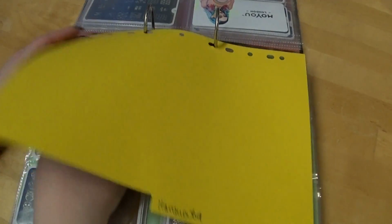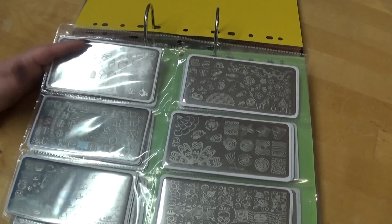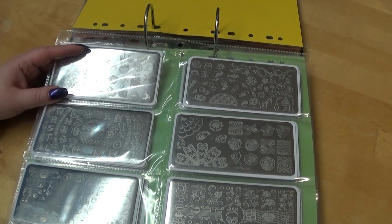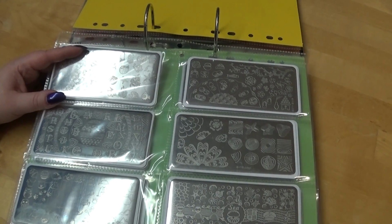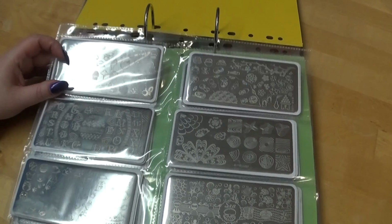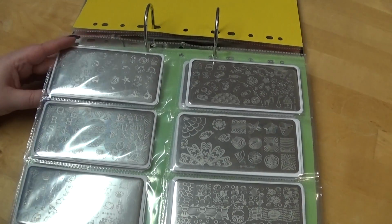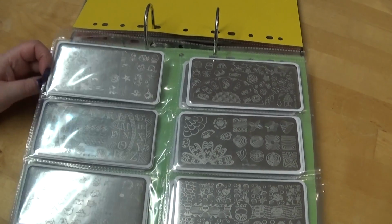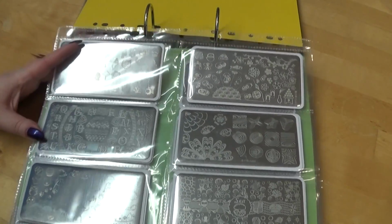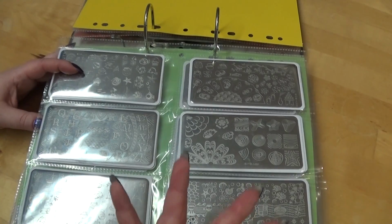So the next brand that I'm going to talk about is Hera Nuta. I currently own 28 plates from Hera Nuta. Wow. Hera Nuta is a brand that is like a Born Pretty Store spin-off or was acquired by Born Pretty Store. I don't know the details, but they used to have their own website that was in Japanese, but you could switch it to English. But you can also buy Hera Nuta plates at Born Pretty Store. And recently they've removed the heranuta.com webpage, sadly, because it was the last place on earth where you could buy Yakuina top code. Anywho, this is my Hera Nuta collection,